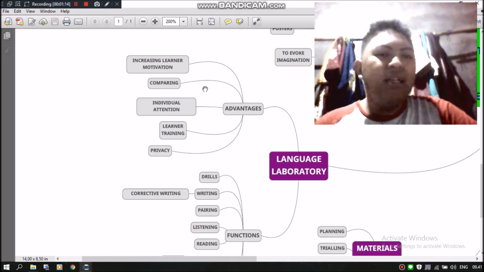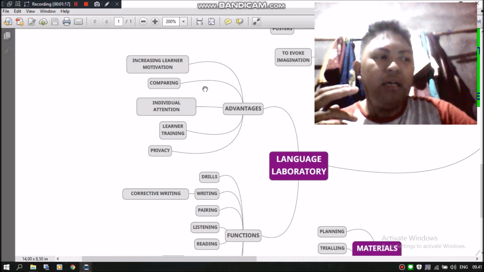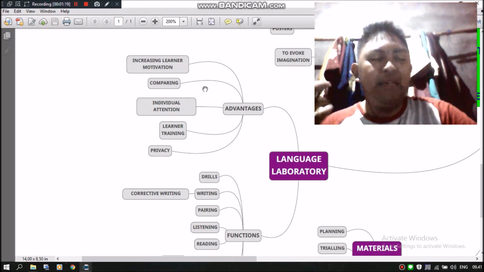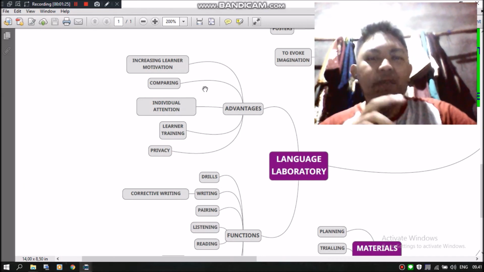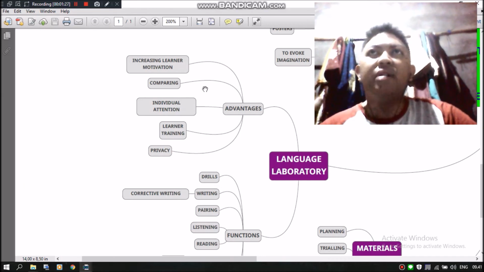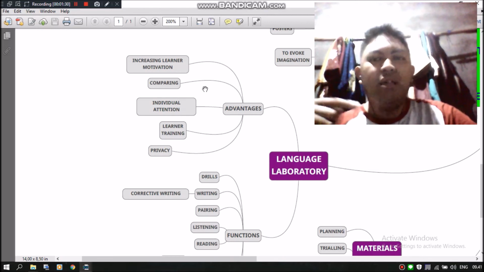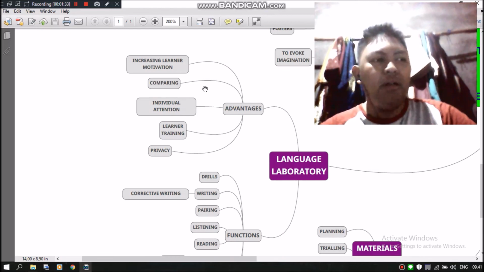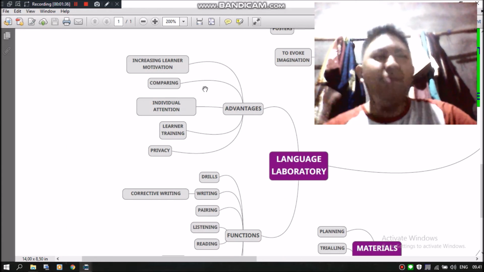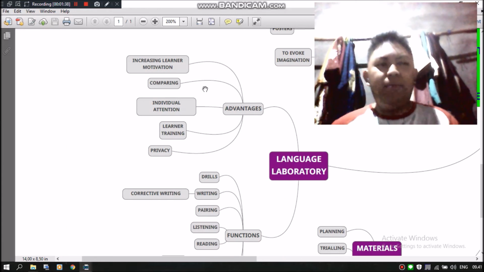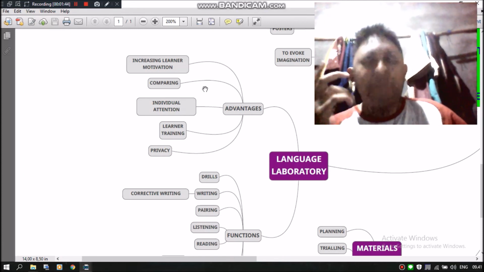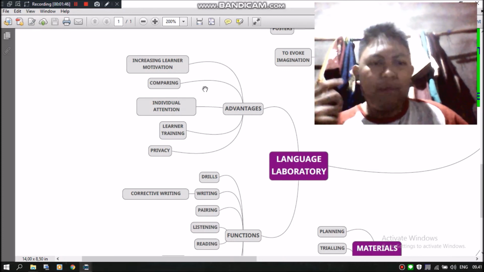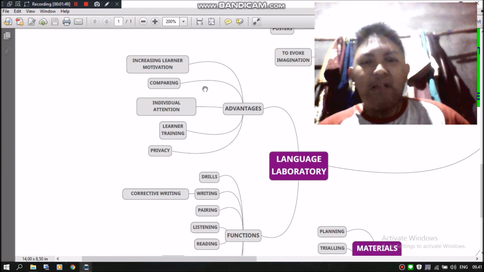And then another advantage as a teacher is we can get individual attention, because we can control whoever we want to hear from the main console. For example, if you need to hear that student, you can tune in to his or her cubicle, what am I saying, booth, the listening booth, and we can listen to their speaking. And another advantage of using a language laboratory is for learner training, because the language laboratory is